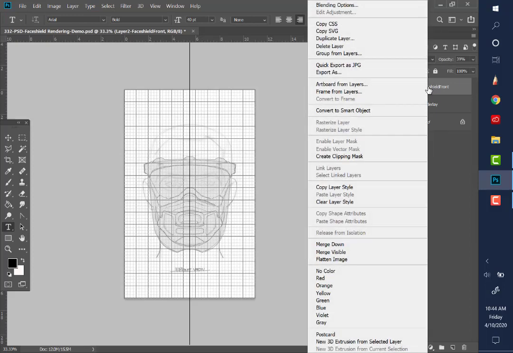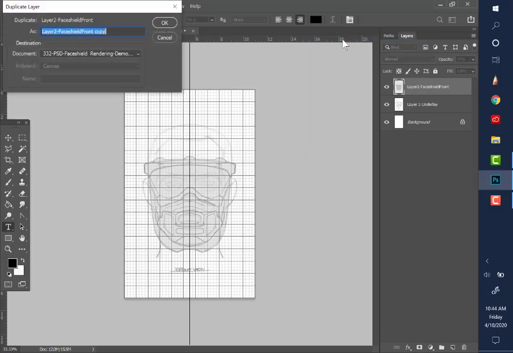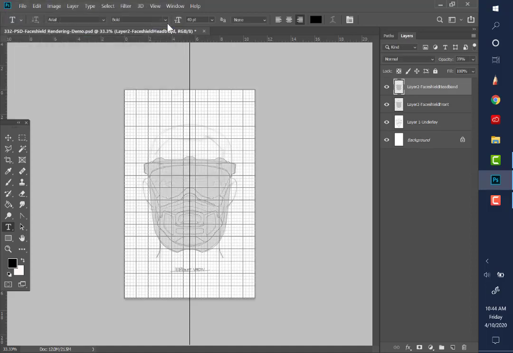So we're going to right click and duplicate that layer, and that's going to give you a chance to rename it. We're going to call it face shield, and I'm going to go headband. So now what you saw here was a doubling up of that layer, so you can see how it got a little bit darker. So what we're going to do now is create a